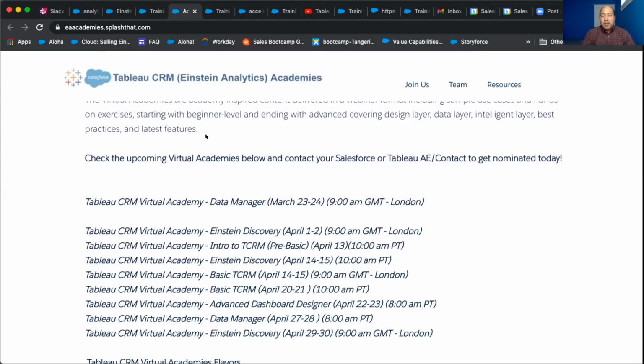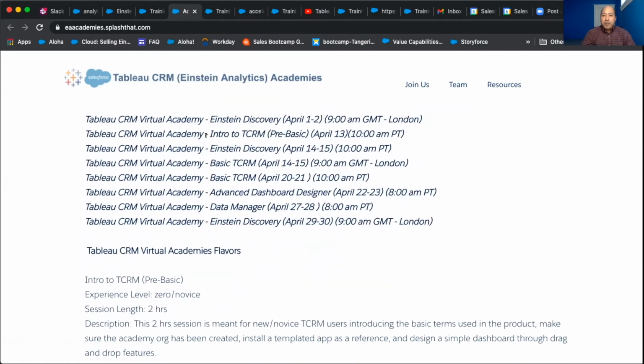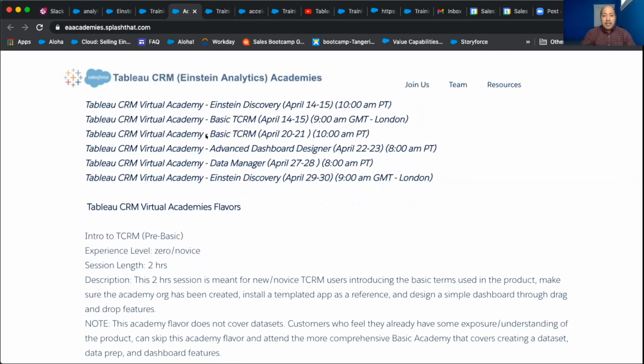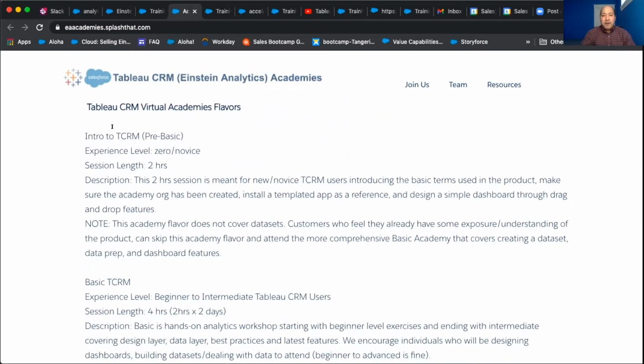So with the academies, these come out on a quarterly basis. This schedule needs to be updated, but it's going to be for Q2 going forward, May, June, and July. This gives you an idea of some of the flavors that we have. So we have these 5. There's one that's going to be an intro to Tableau CRM, and that's a 2-hour course academy, and